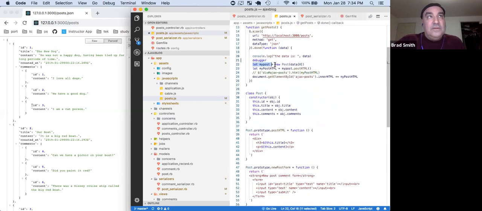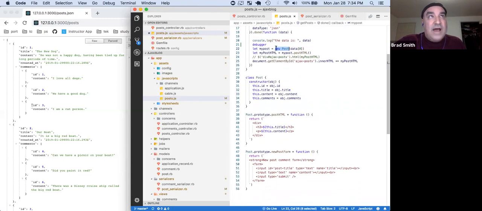And that's where this comes in, this new capital P Post. I can call that there on line 22 because I have designed this nice class constructor here. And its job, in the constructor, is to take in an object, just key value pairs that are matched up to that JSON data that's coming in, and create me an instance on the JavaScript side, an instance of a post. So back when we first learned Ruby and we talked about an instance of a dog, and a dog has a breed and an owner and an age, this is the same thing, but